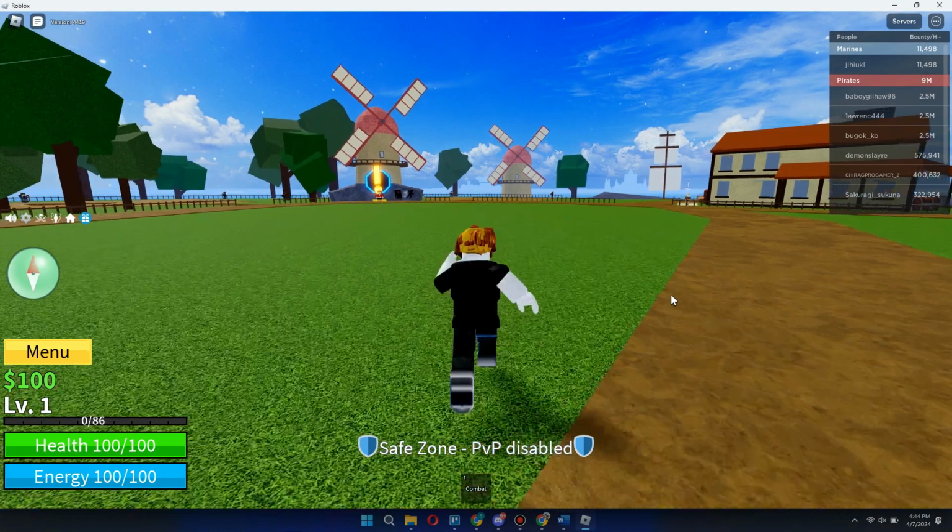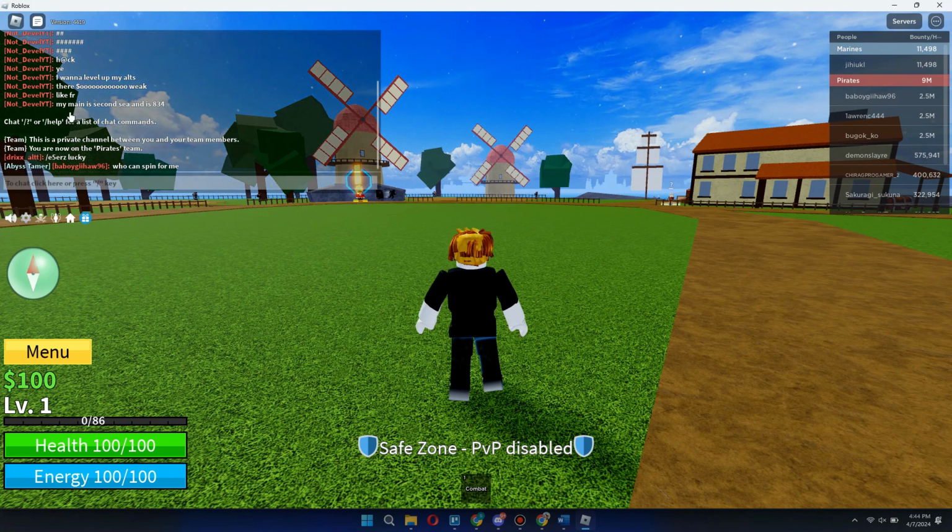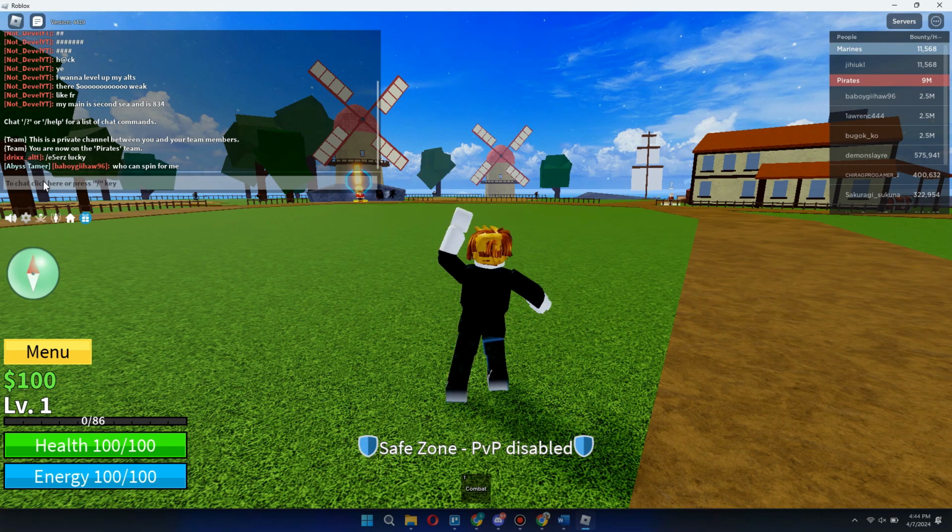Now here we are in Blox Fruits, and then what you can do is come to the chat in the top left, and you want to type in /e. You can then type in the name of the emote or the number of that we just saw back on Roblox. For example, let's say I want to do the hello emote. I'll type in /e, hello, and press enter, and you can see it. So that's basically how you can use emotes in